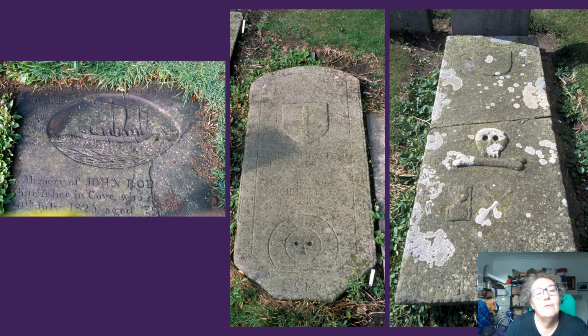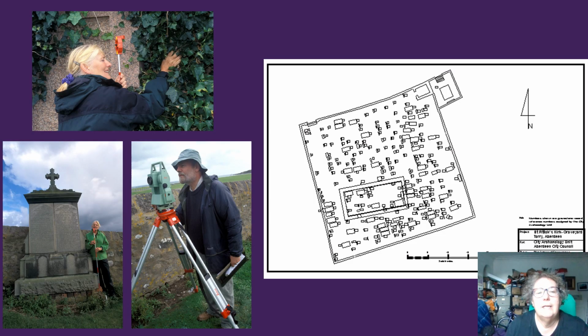This is John Robin, lovely ship in 3 dimensions, and here you've got 17th century gravestones, obviously with the stylized skulls, and here you've got the skull and crossbones, and so all of that was recorded photographically. We drew a plan of the graveyard, so all the stones that could be seen at that time, the church with all the gravestones here, including the little